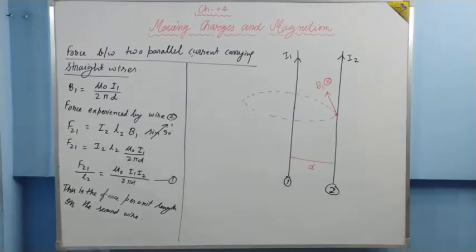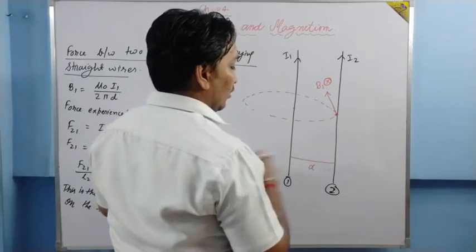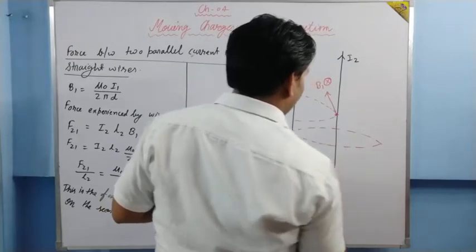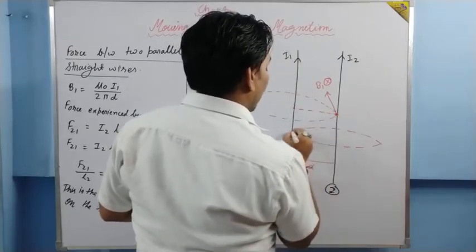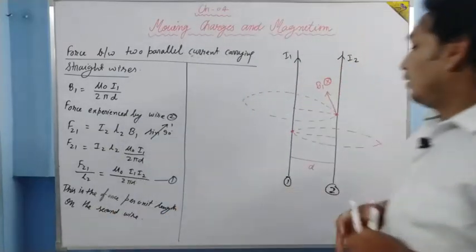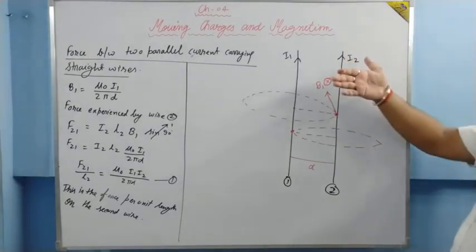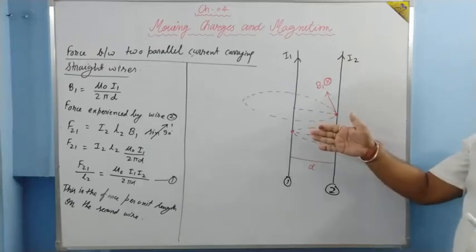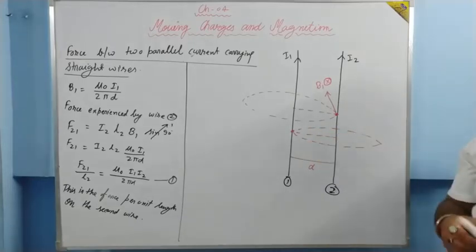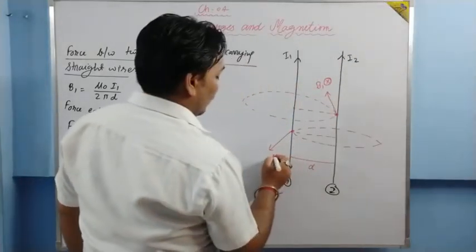If you want to calculate for the I1, how we can? So first of all we have to know what is the magnetic field acting over here. For that purpose, again we have to draw a circle of same radius d. Is it clear? Now at this point, what is the direction of magnetic field? Extended thumb is towards this current, the rest of the fingers towards the point where the magnetic field has to be calculated. Palm faces outward. Magnetic field will be outward. So here the direction of magnetic field will be outward.